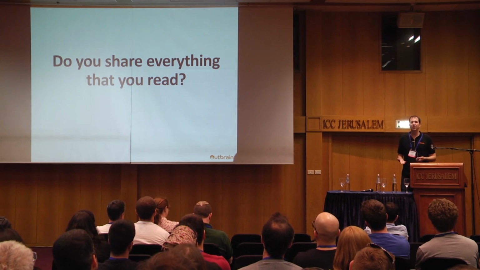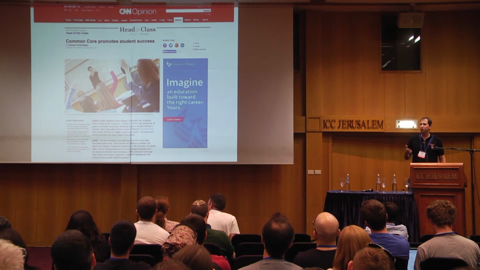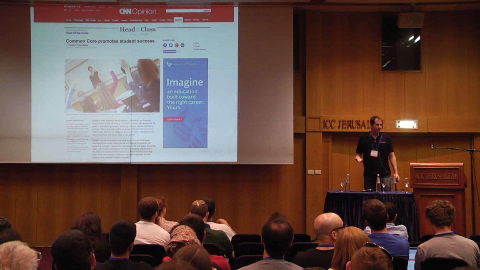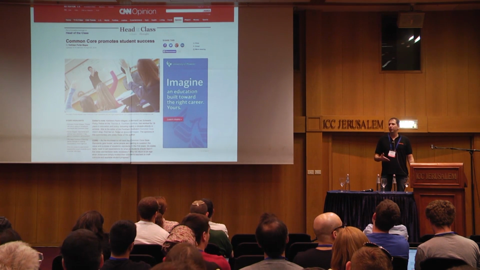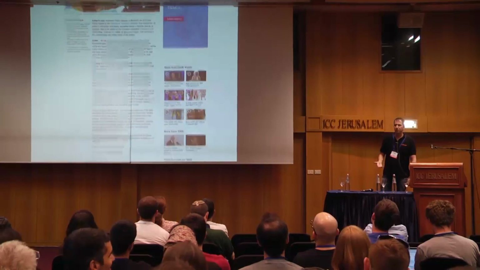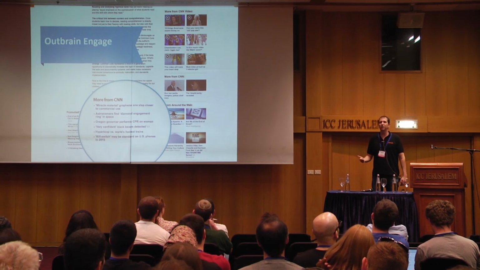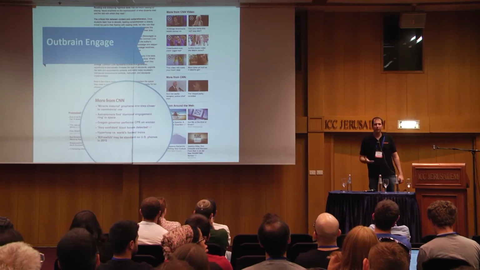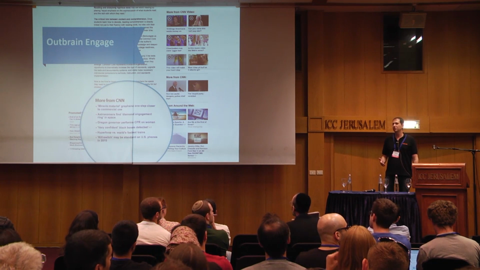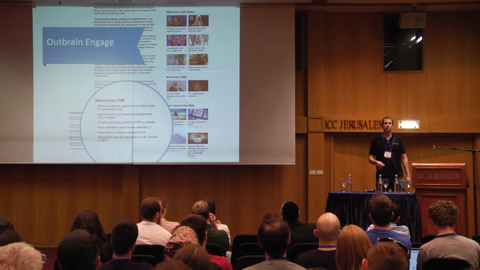So luckily, Ram and myself work at Outbrain, and we have a lot of data to examine this question. For those of you who don't know Outbrain, Outbrain is the largest content discovery platform. Content discovery is basically when you read those articles on CNN and Fox and ESPN, at the bottom of articles, you see those additional links to other personalized recommendations that you might find interesting on the same publisher. That is what we do in Outbrain. We serve over 200 billion content recommendations like this every month. Those content recommendations are personalized recommendations to the user.